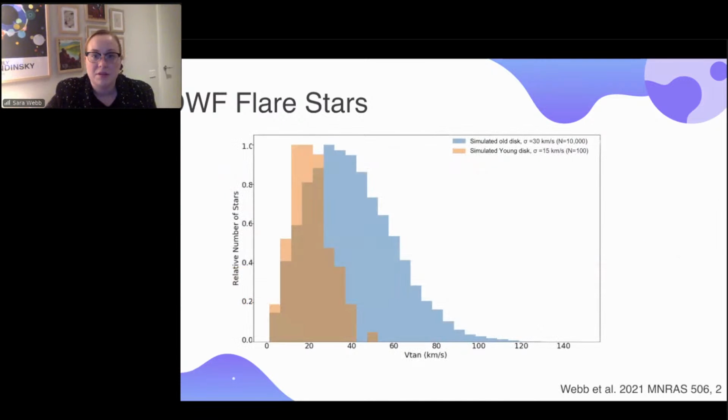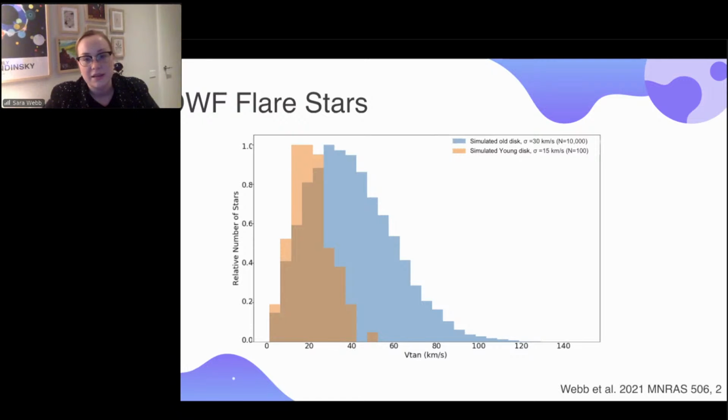And this is just a bit of fun that we had with using simulated data to figure out if all of our short duration flares were in fact from very young sources, because we had a hint of that a little bit in a previous plot with the galactic declination. And so using simulations from the GUMS survey based on the tangential velocity of the stars within the galactic disk.